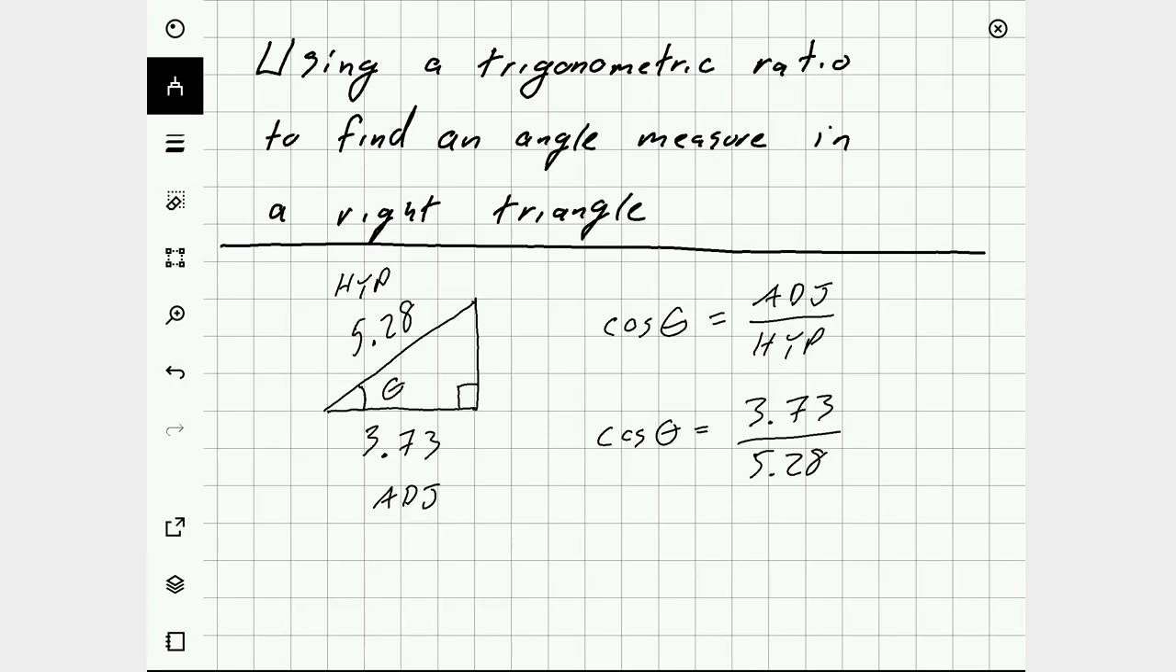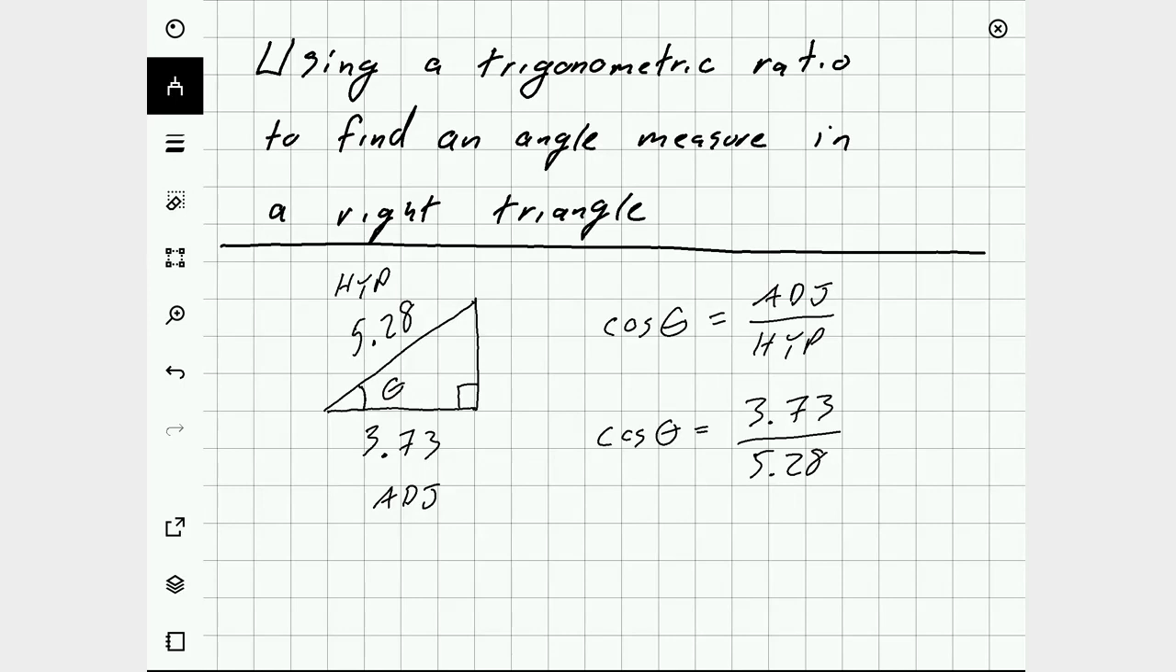I need to find the angle whose cosine gives me this ratio. Thinking back to what we were doing with logarithms, I need to find the inverse of the cosine function. And for reasons that we'll get into later on in the course, cosine doesn't really have an inverse. It turns out that cosine is not a one-to-one function. But within the context of a right triangle, we can restrict the domain and pretend that it's a one-to-one function,